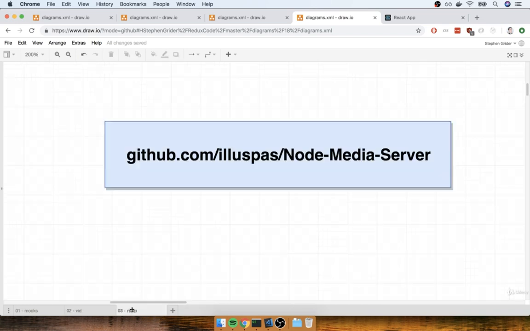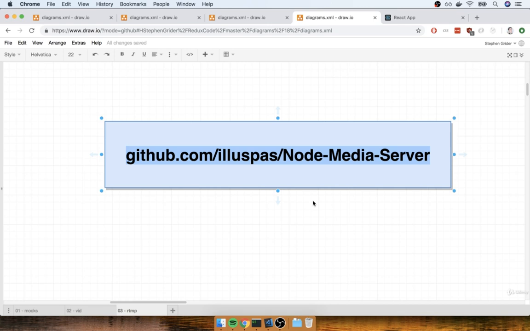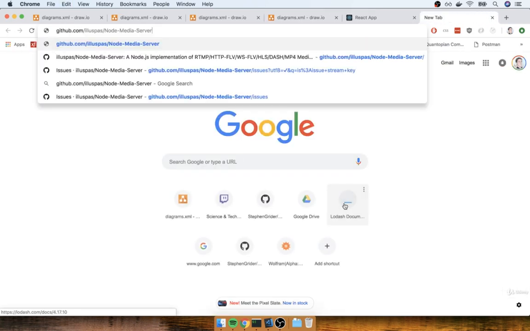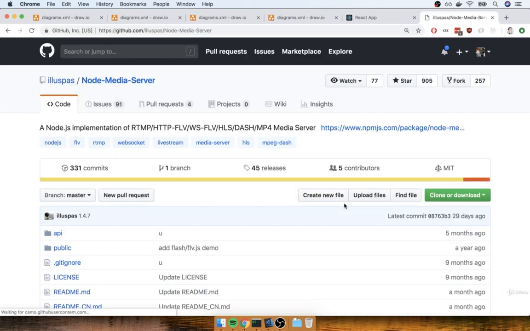server together. All right, so I've got some documentation on the screen, or a link to some documentation for the RTMP server that we're going to make use of. So I'm going to open up a new browser tab and navigate to that link. All right, so this is a Node.js implementation of an RTMP server. And this is how we are going to eventually stream video from a program like, say, OBS, remember that's Open Broadcaster, over to the RTMP server.